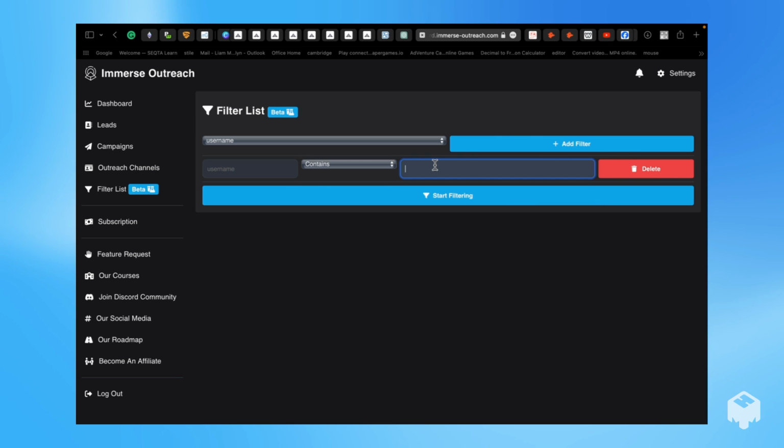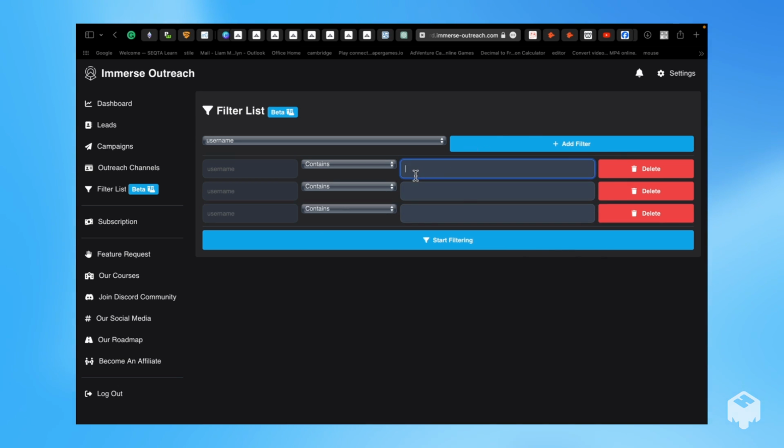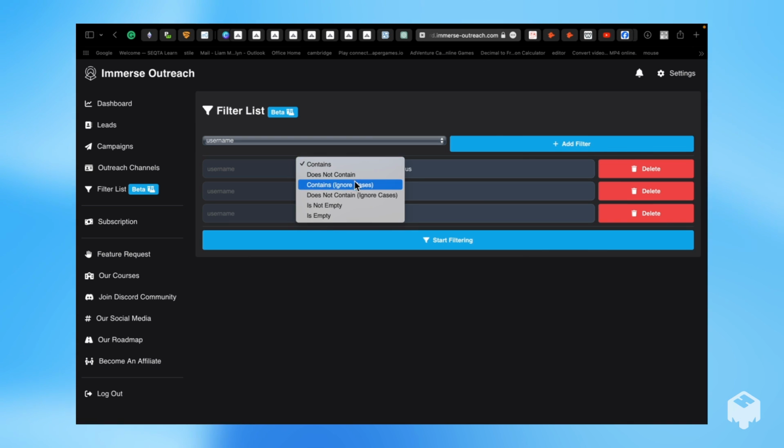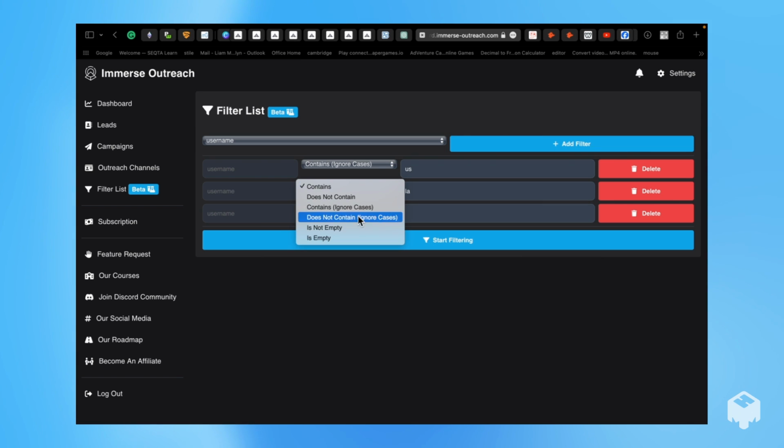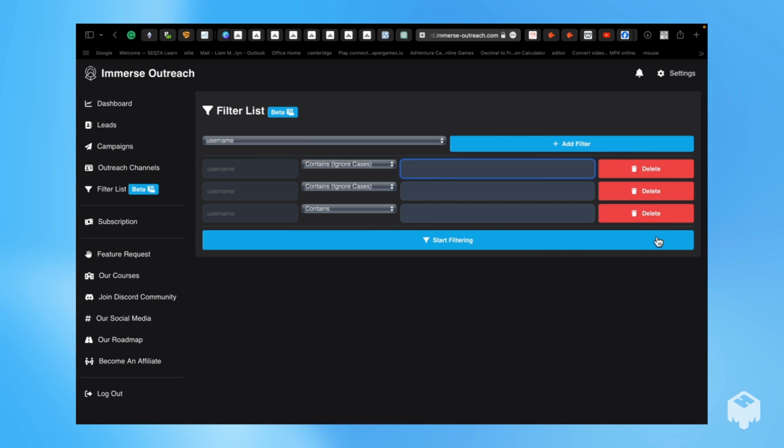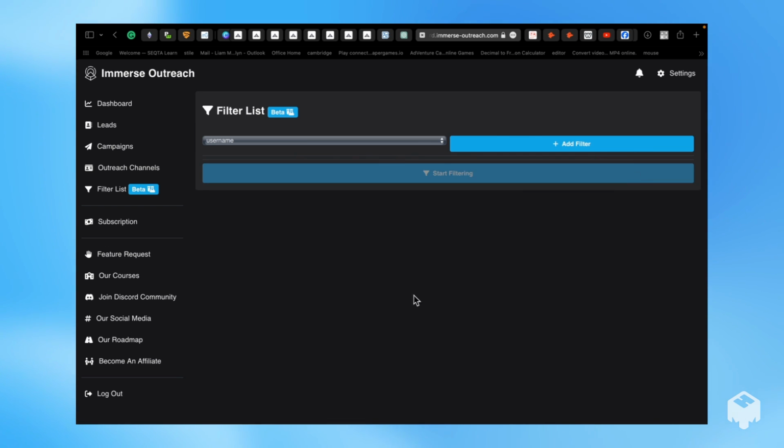it's pretty tricky, but you'd probably have to add it a ton of times and just add multiple of the filters. Like if you were looking at dentists and they had the name of their state or country, like if it contains US, ignoring cases, or it had LA, also ignoring cases, and just like everywhere in the United States, that could be one thing. Or if it was sort of a niche profile,